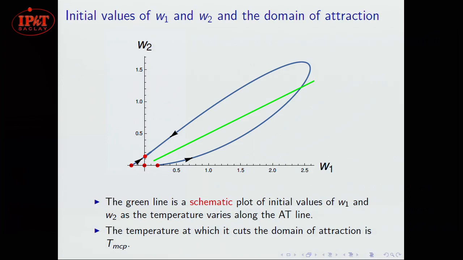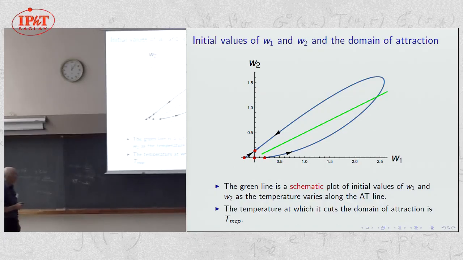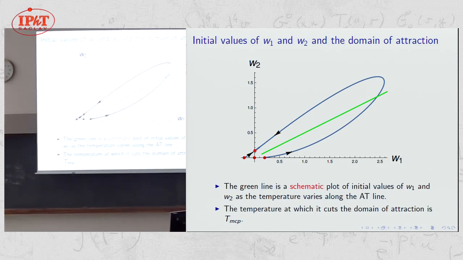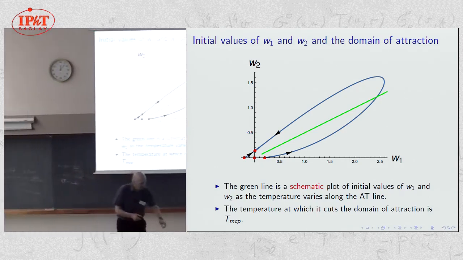So I've added to this diagram here what the green line indicates: a schematic line of possible values for initial values of W1 and W2. So if the W1 and W2 on the AT line are just functions of temperature, it could be that at one temperature you're in here, and in that case you'll flow back to the Gaussian fixed point. If you start out here, outside the domain of attraction, you'll flow off to infinity, and right where the line cuts the domain of attraction, the flows will take you to this fixed point Z. And this will lead to the following story,